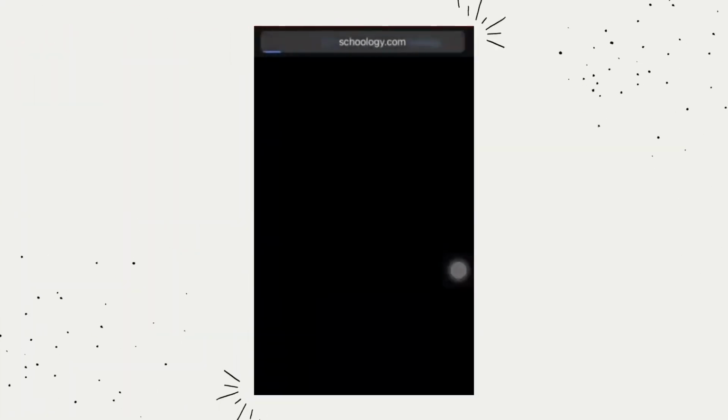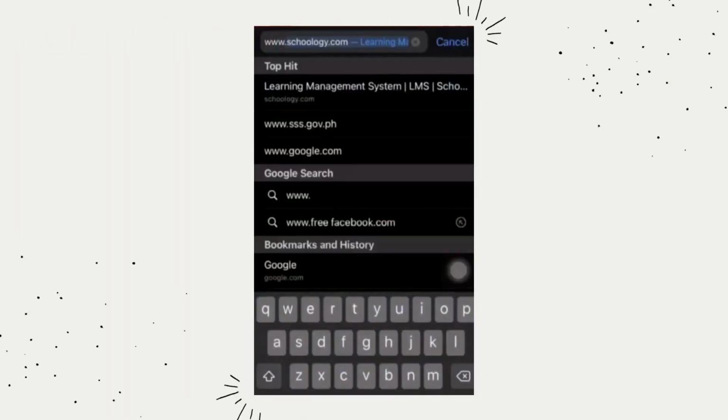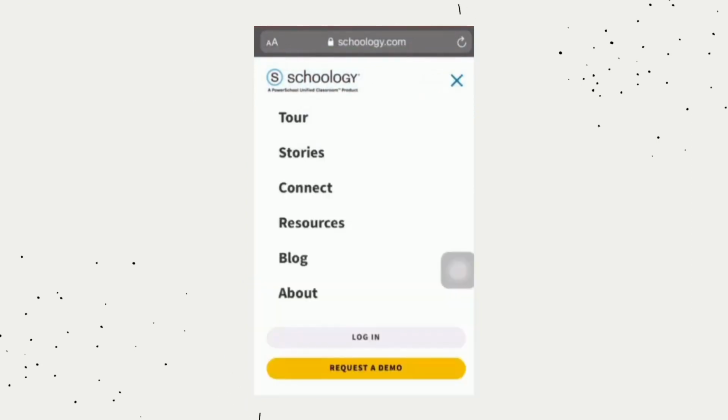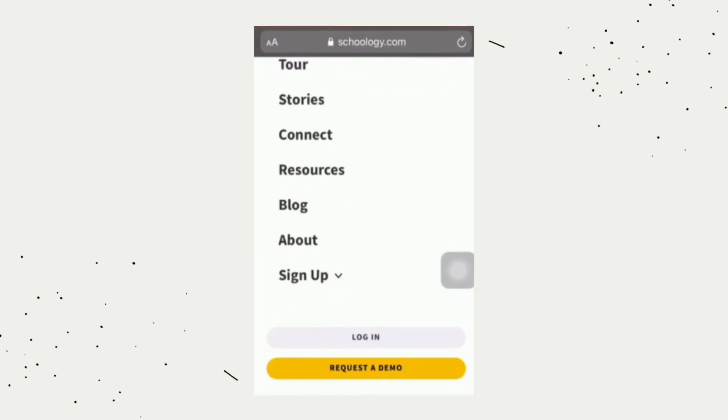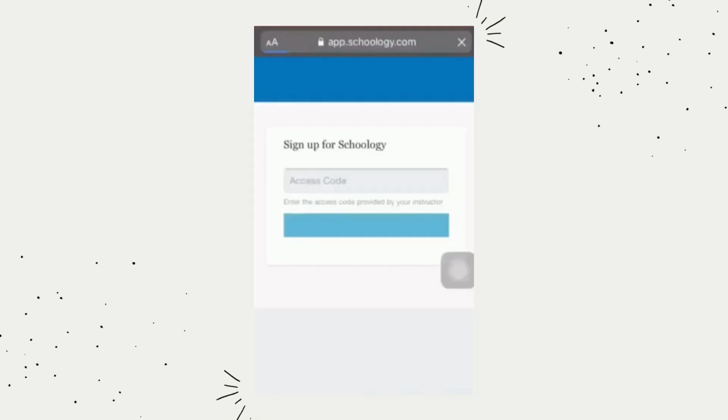How to create a Schoology account. First, you need to visit www.schoology.com and then click this icon. Look for sign up and click the student. By signing up for Schoology, you need an access code. You need to enter the code given by your instructor. And then